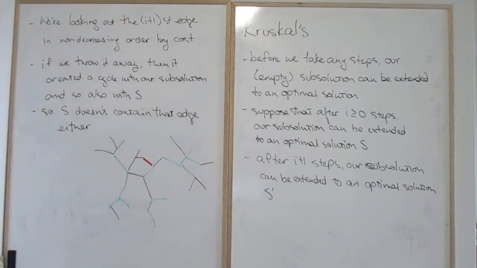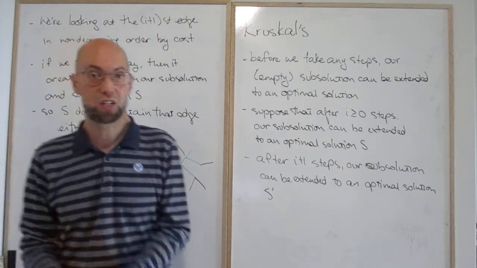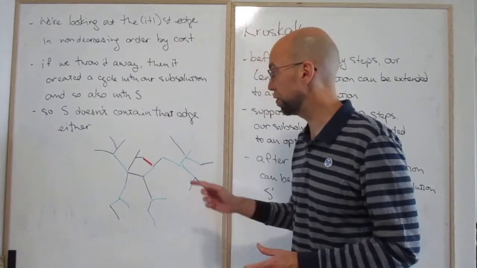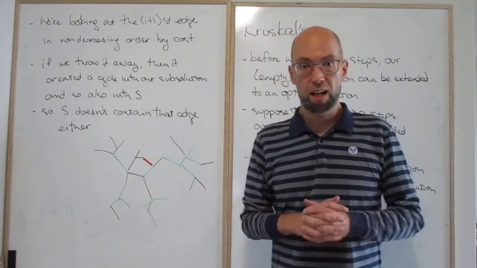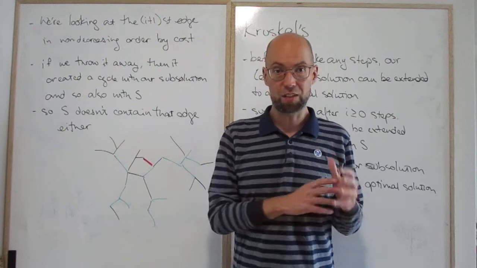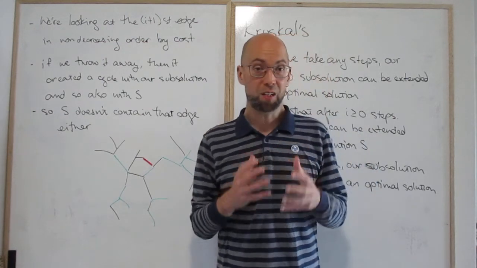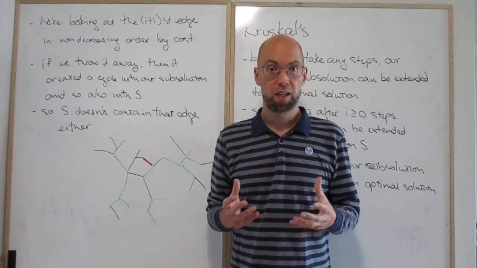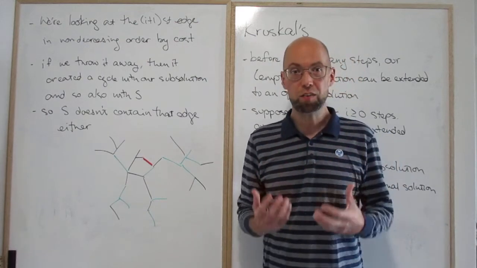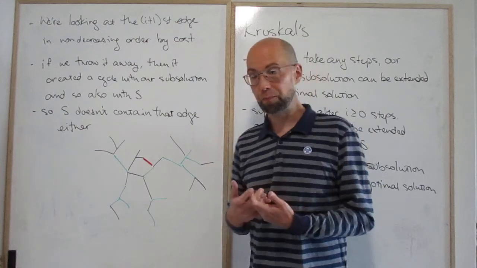So in red is this edge that we take that S didn't take. So imagine you take that edge and you put it into S's solution. It's going to create a cycle. Now, going around that cycle, consider the black edges on that cycle. I'm going to argue that one of the black edges has to be at least as costly as the red edge. Why? Well, if